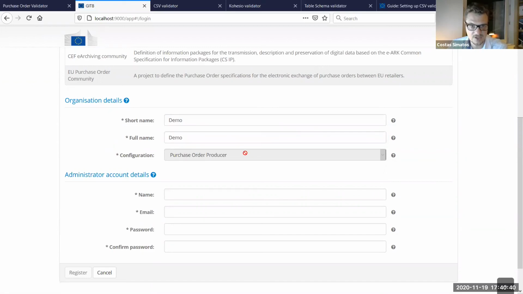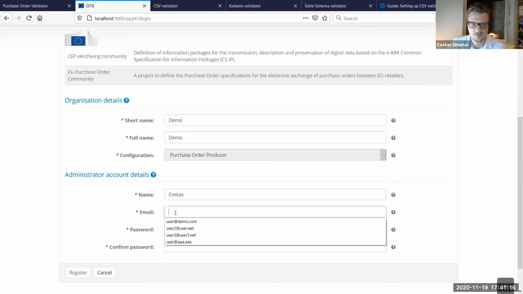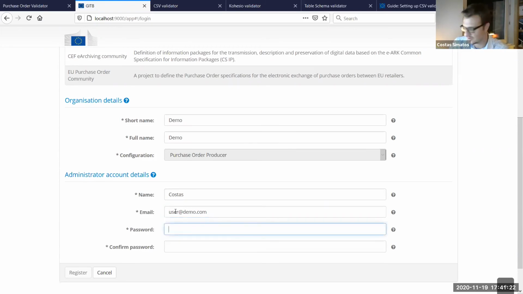name? Here are pre-configured conformance statements, as we call them, that the administrator has set up. And there is one that is pre-configured as mandatory, which is the purchase order producer. So I'm going to be producing such CSV data. And here I'm going to give basically some information about my own account. Now, just a brief note. Normally in any environment of the testbed online offered by the Commission, we use EU Login, which is an EU-level SSO used for authentication. But in this case, we're using a simple configuration where we have just usernames and passwords. Okay, so I'm going to give just